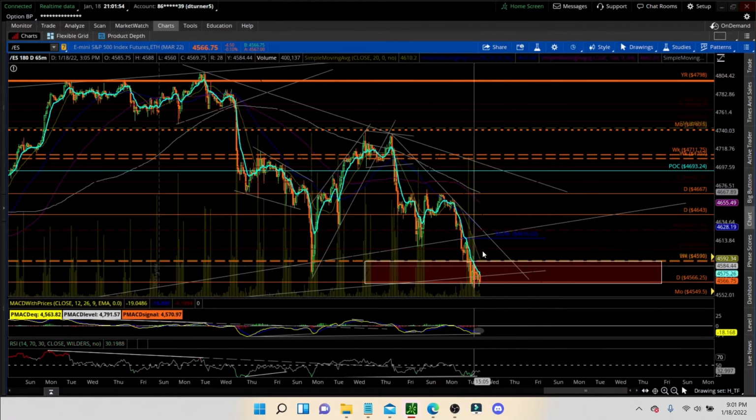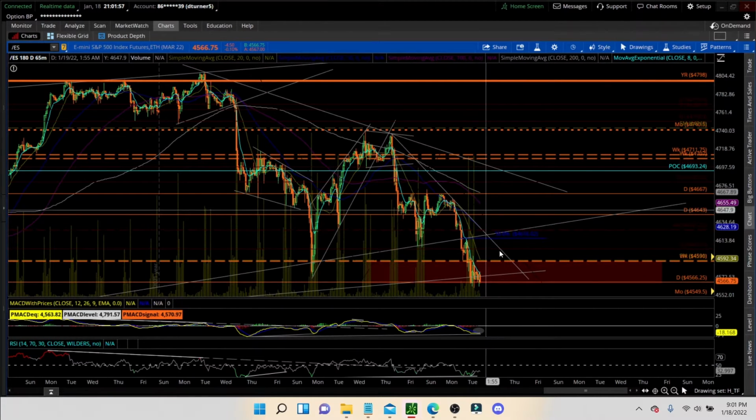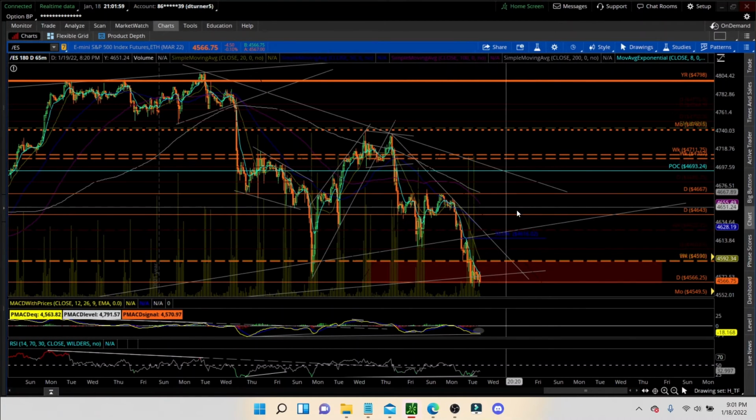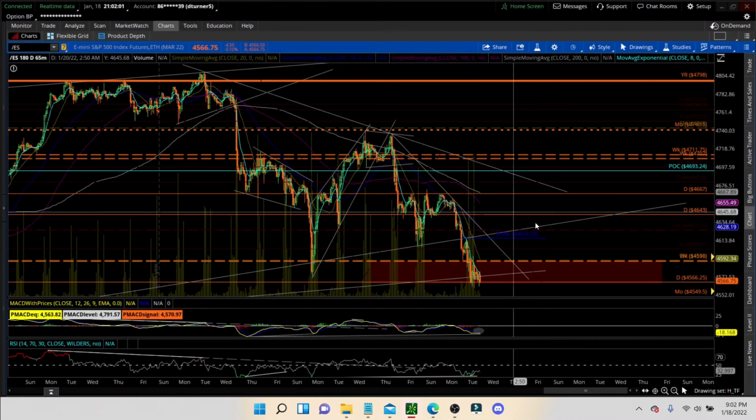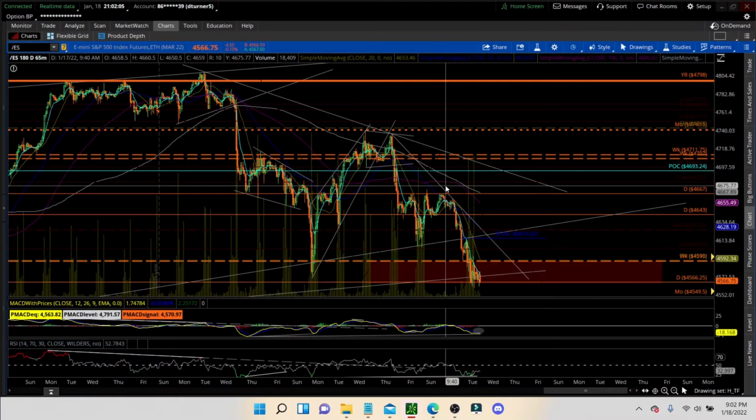If we do start to get a bounce here, then we'll just have to see when we get a reaction and we start heading back, reversal to the downside, and then it should be impulsive at that point. So those are kind of the detailed versions of what we should see here. Either way, we're still bearish.